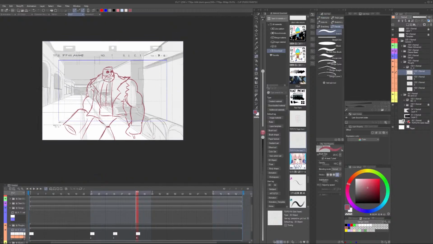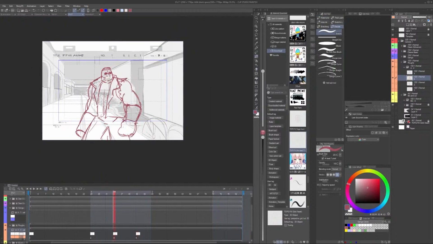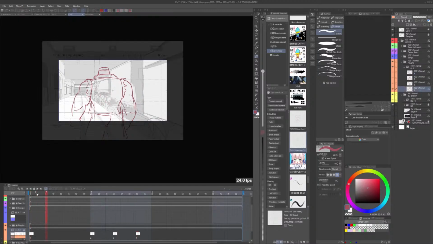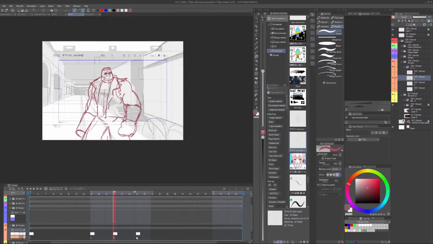Again, this is rough, right? So we'll still improve our animation later on. And this is just part of the layout process, right? When you're doing a layout like this, it's very important that you are at least able to capture the movement. And this is just a very quick turnaround, you know. We can even slow down the turnaround over here and then